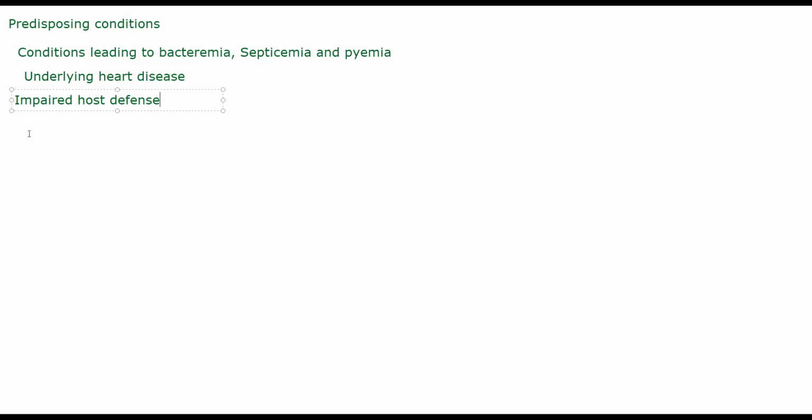Coming to the pathological changes that will occur in infective endocarditis, I'll abbreviate it as IE. Initially the bacteria will enter your blood, roam around nicely, sightseeing, and after that it will come and lodge inside your heart. Specifically, if your heart valve is damaged initially, that is a nice attractive site.